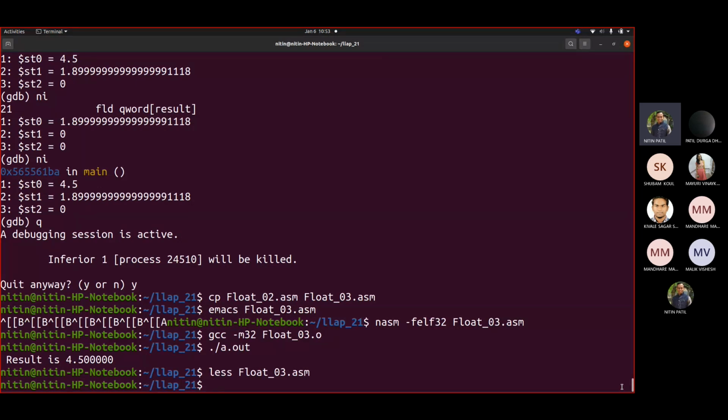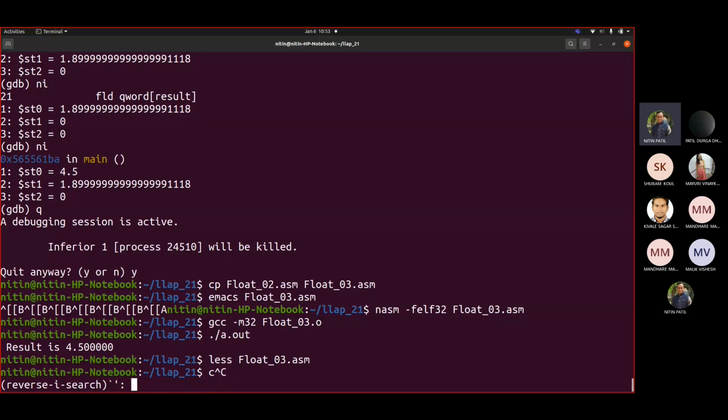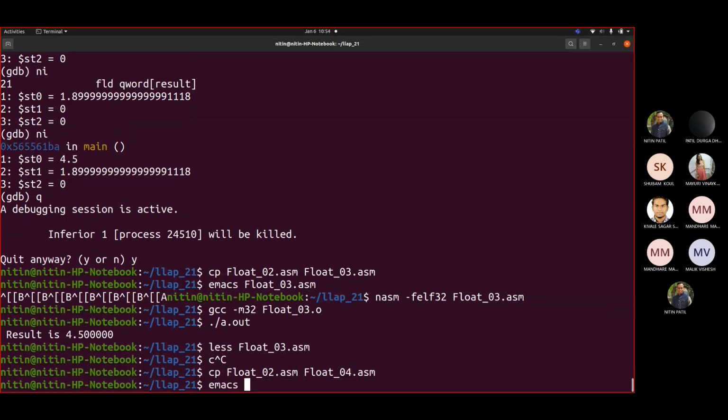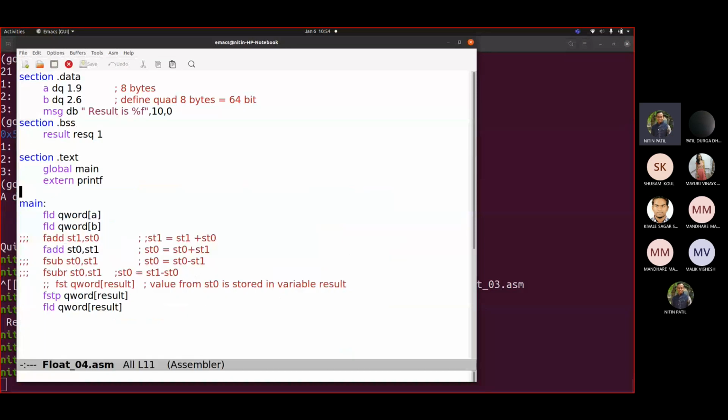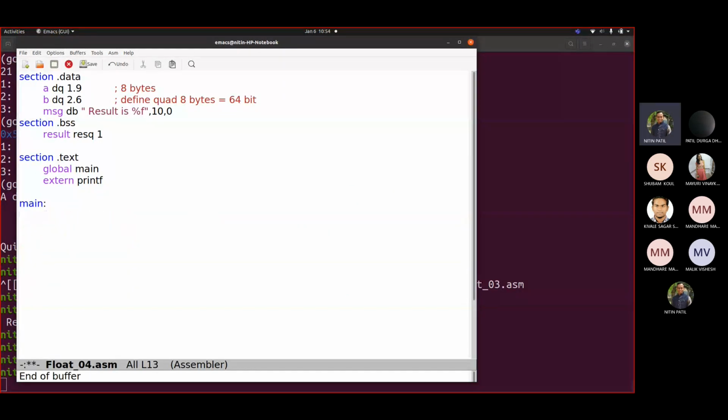Now let us see a few more instructions. So let us take this as 4. Now I am deleting most of these things. Now let me write here. Suppose I want to load a zero value. I will write FLD 0, FLD 1, FLD pi.